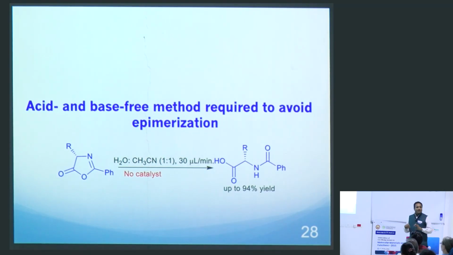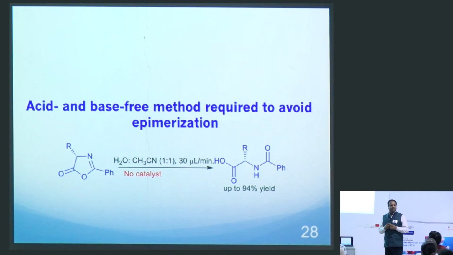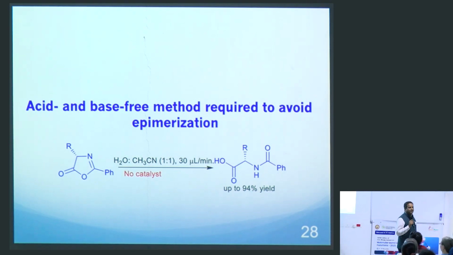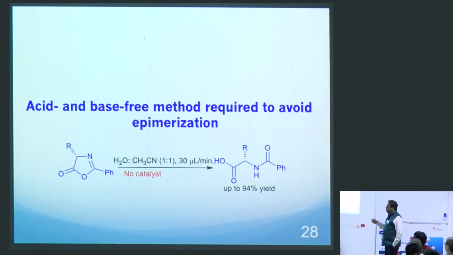I hope now everyone knows the importance of chiral molecules. What is the importance now? Are there any doubts? Okay. Here I have given how, by using microdroplets, one can make epimerization-free or racemization-free optically pure forms